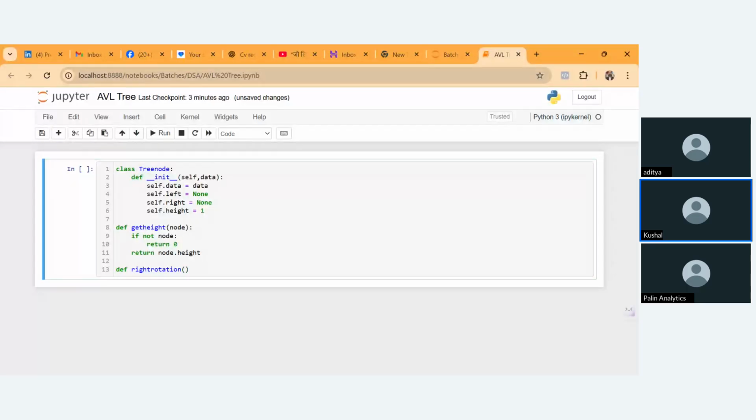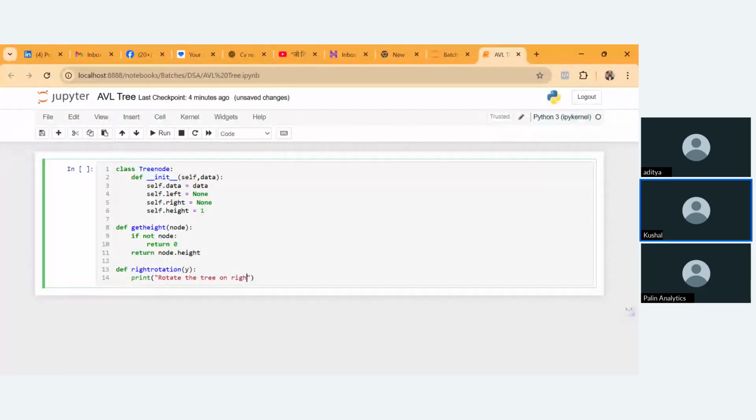And here we'll take, let's say, the y value we are taking. Okay, and we'll print "rotate on right". Not tree, we basically rotate a node, on right, and here we'll do y dot data. Okay, then